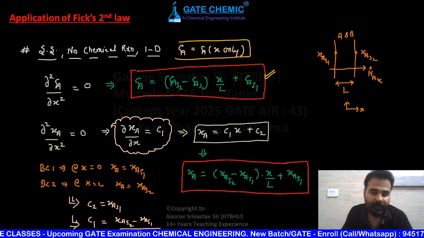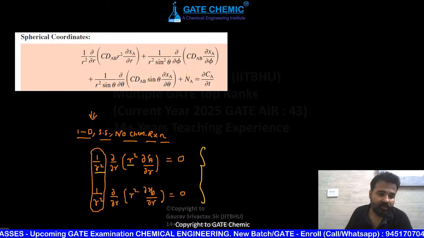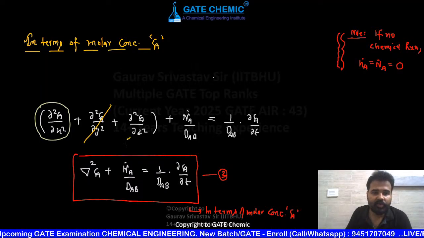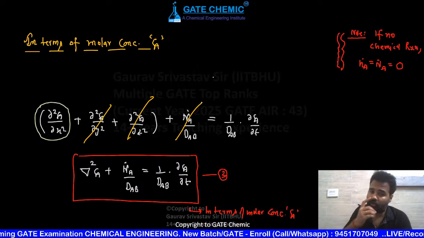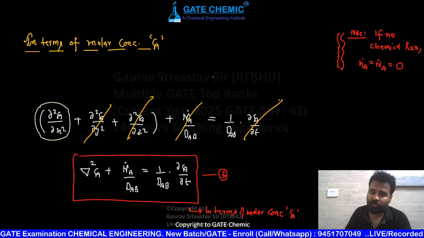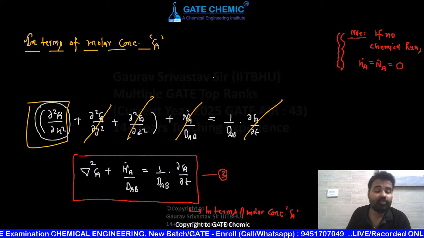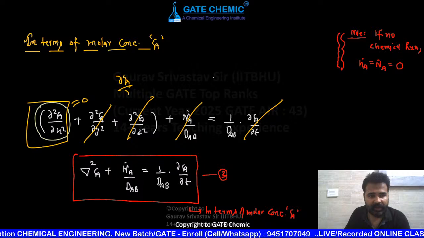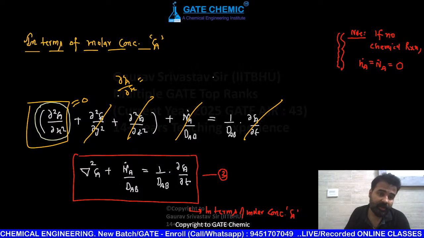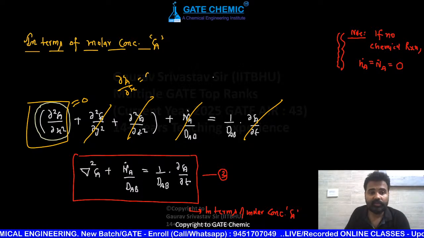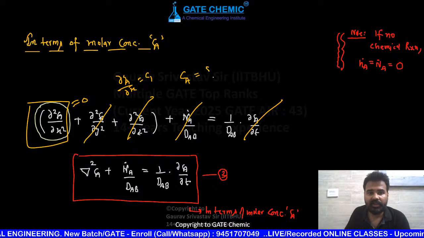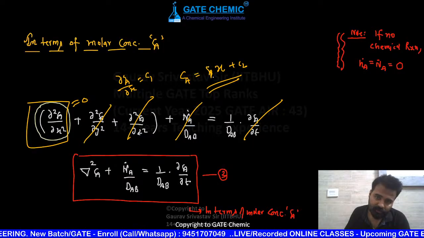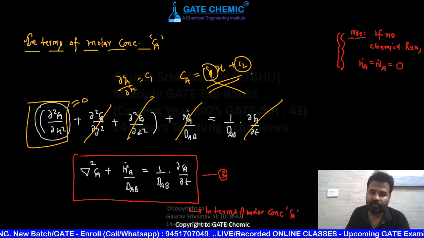Okay, so steady state, no chemical reaction, one dimensional, CA is a function of x only. So if CA is a function of x only, see in this beautiful equation, this is going to become 0, this is going to become 0 (no chemical reaction), this is also going to become 0 (steady state), only this term will be left, ∂²CA/∂x² equals 0. By solving, you differentiate one time, so it will come ∂CA/∂x equals C1. One more time differentiation, CA equals C1 x plus C2. Now put boundary conditions and obtain the constant values C1 and C2।